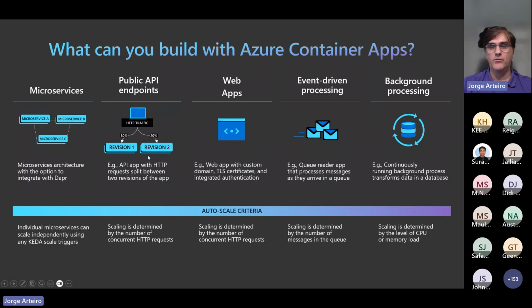Or you can have just a blue-green deployment, where you deploy version 2 and send all the new traffic to version 2. Once there is no traffic and nobody's calling version 1 anymore, they remove version 1. It's a safe way to do deployment. It's called blue-green deployment, and Container Apps works out of the box to do that. That's a big advantage, by the way. You can do web apps, event-driven, like I was saying, or background applications. A background application is something that you run, it finishes running, it stops, and then you don't pay.